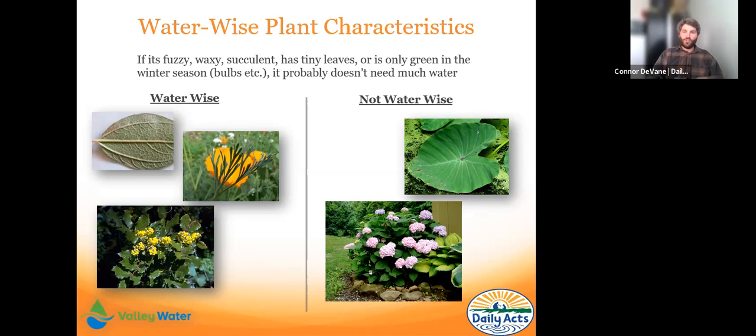Whereas if they're huge leaves, very soft, like this hydrangea on the right-hand side, it's probably a higher water use plant. So again, a very blunt tool, but a useful thing to remember when you're out in the world and maybe don't have a smartphone with one of those plant identifying apps to use. If you are at your computer and you know the name of a plant that you are interested in including in your garden,